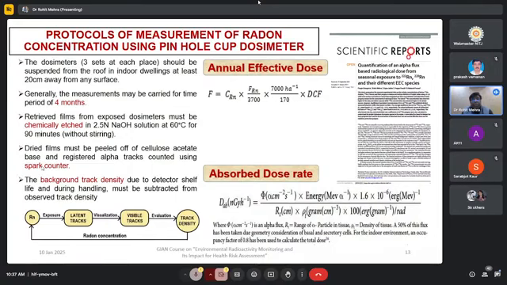If you want to take half a liter of water, you could take 50 grams. So that you could always calculate. Then with the help of the spark counter, we calculate, and finally we calculate the doses.